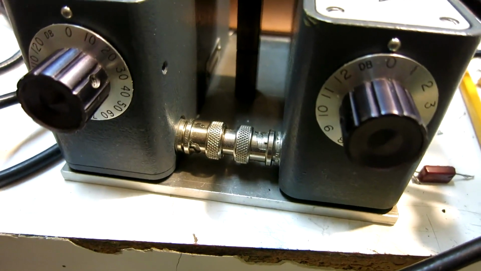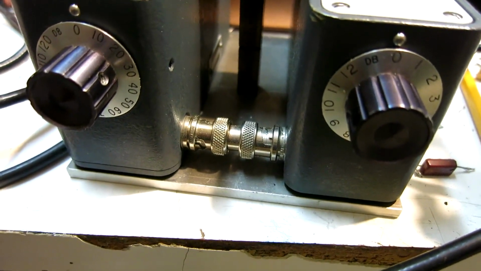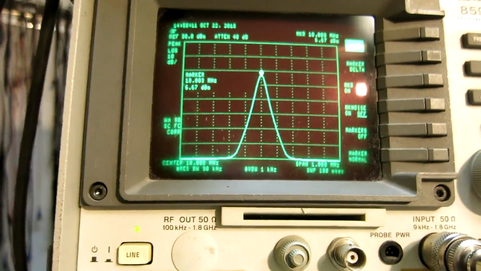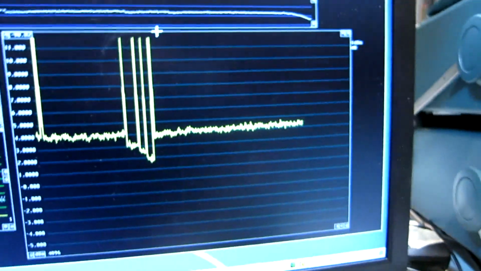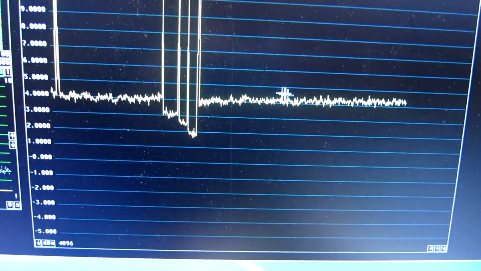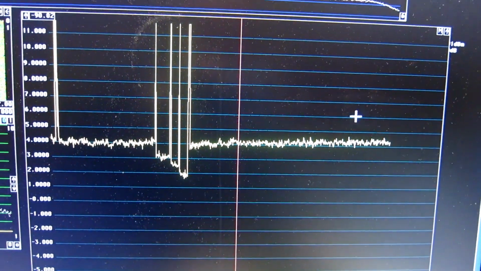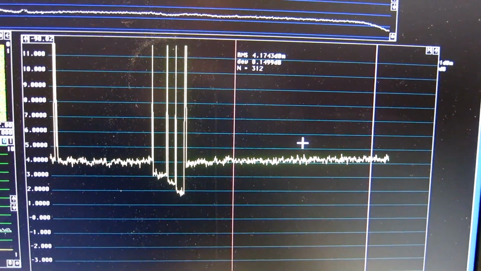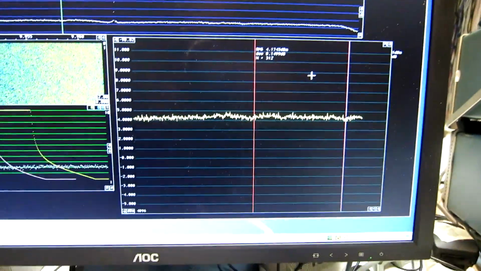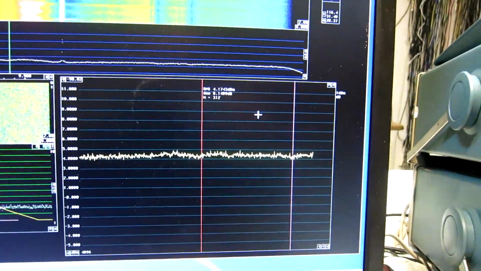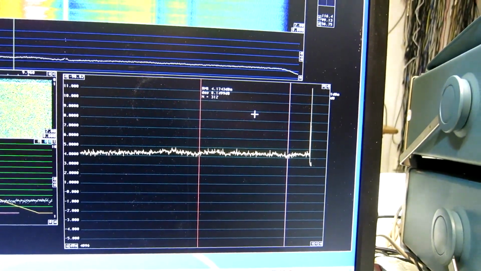I'm running it now without any attenuation, and that gives a signal level of 6.7 dBm. And there is a significant amount of noise, the noise increment is 4.2 dB. I now add some attenuation, 1 dB,